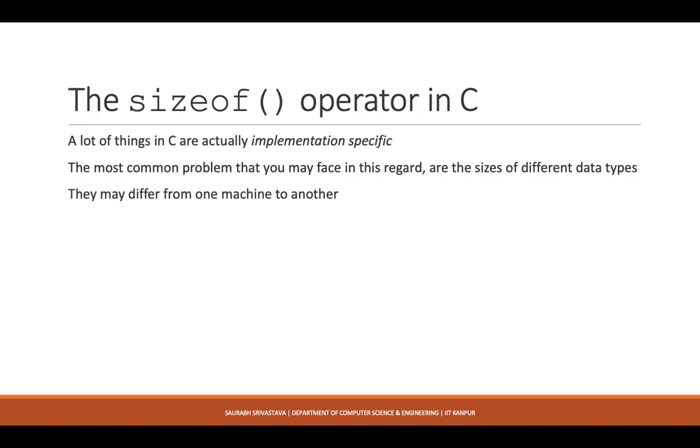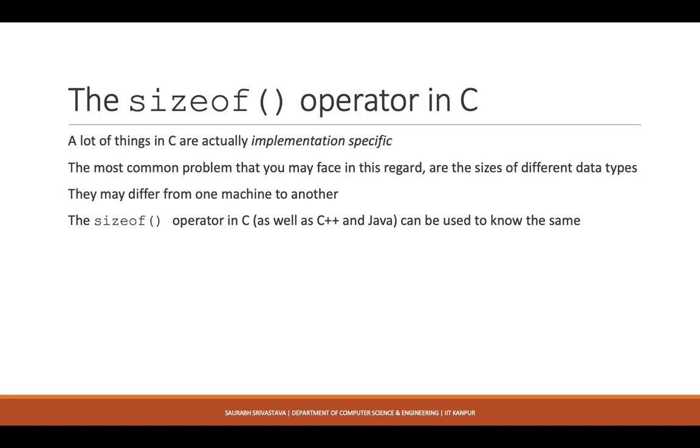So for example, the machines over which I learnt C programming, the size of int on those machines used to be just 2 bytes, but the current compilers that I'm using, they all have 4 bytes for int. So anyhow, the point is that the size of different data types may differ from one machine to another. What you do have in C is something known as the sizeof operator, and this operator, by the way, is also available in C++ and Java, so you can try it there as well.